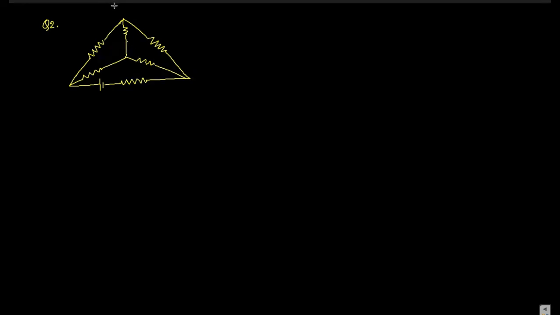So this is A, B, C. It is a delta connected circuit like this, and inside the delta there is a star. There is a 1 ohm, a 1.5 ohm, a 10 volt source, and 2 ohm, and it becomes 4 ohm. This becomes O, and these are 480 ohm, 480 ohm, and this is R. Find the value.